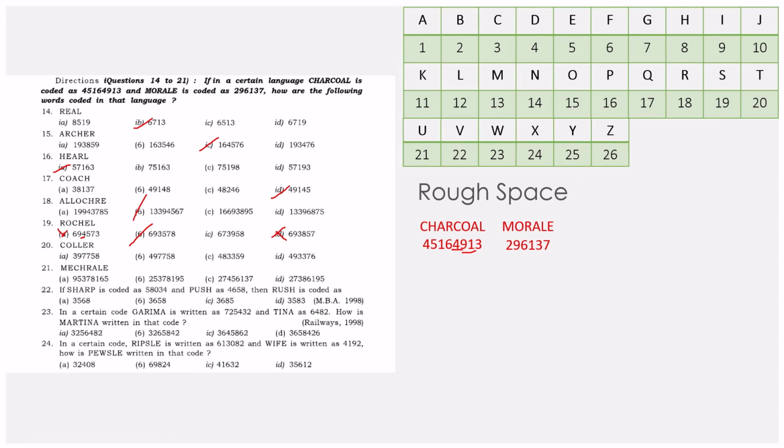So the options are there on the screen. You can just see. If you have solved it before, then that's great. And Scholar, Coller. So checking for the last digit, I could eliminate C and D. So again, going with the L, 7777 satisfied, 99 satisfied, 55. We just have to check the first letter, that is C. Is C for 4? Yeah, C is for 4. And we could just say it's option B. See how simple it is.